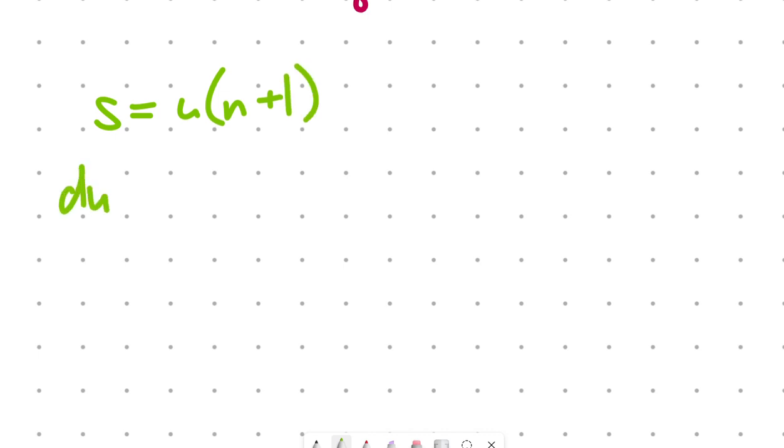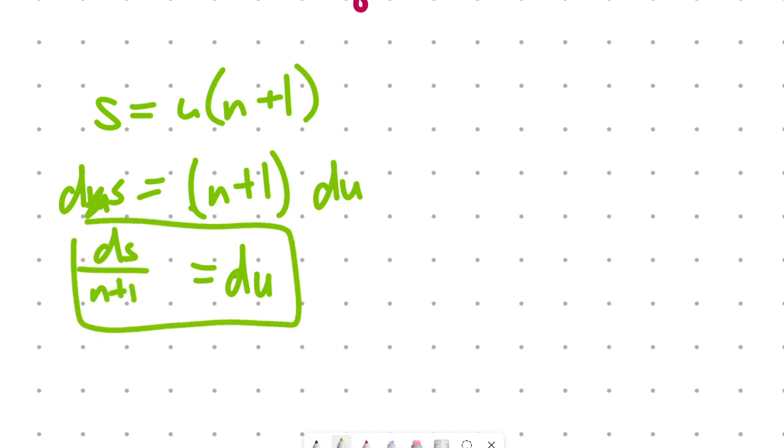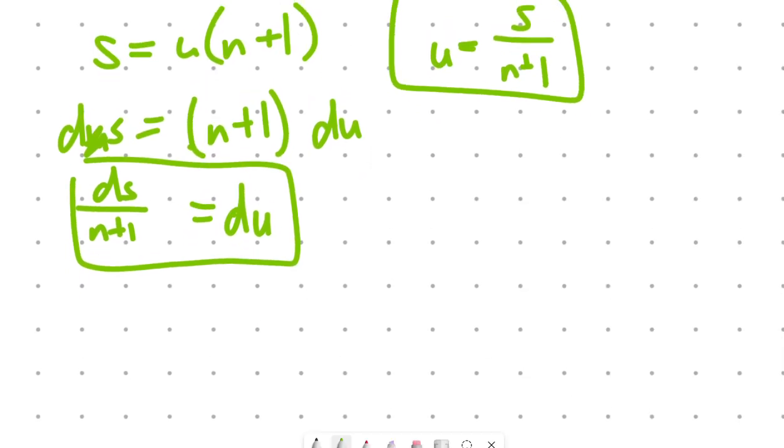So ds. And now be careful, u is the variable we are talking about, so n plus 1 is just a constant. So we just leave the constant and just write du over here. And so we know that du is equal to ds over n plus 1. And we also know that u is equal to s over n plus 1. Through this information, we can just calculate the normal formulation, the summation from n going from 0 to infinity of